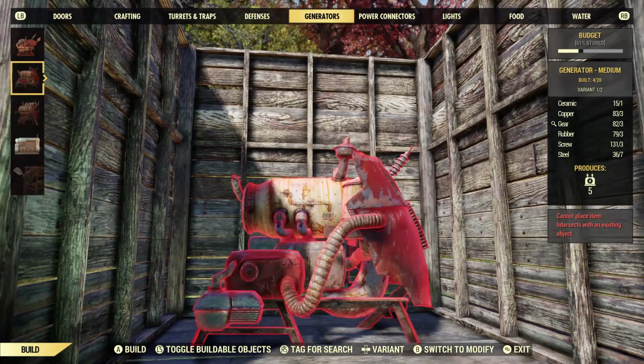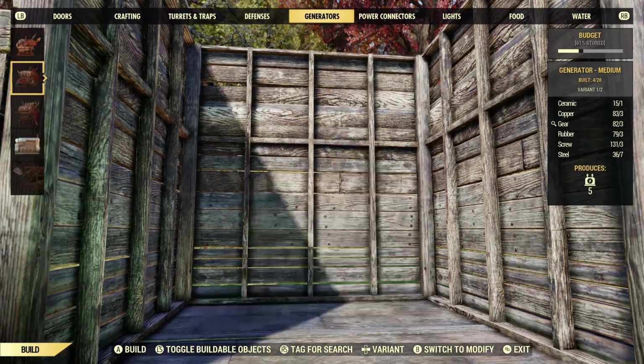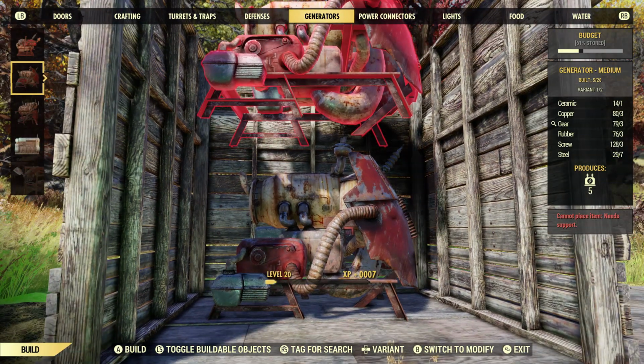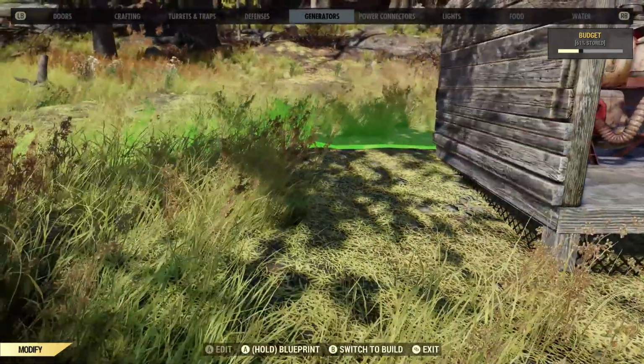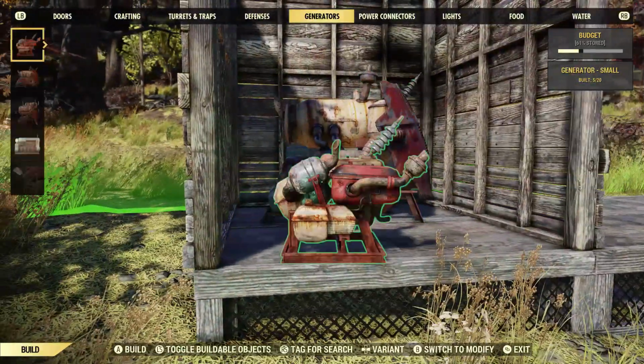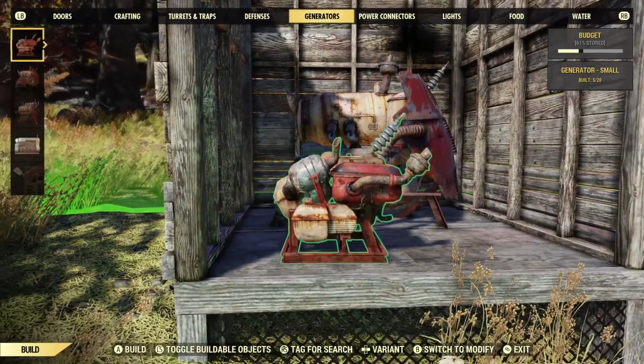So your medium generator. And if you want to power up, and you can do this with a fusion generator too, you just have to add a floor so that it'll fit. But for this purpose, I'm just going to,